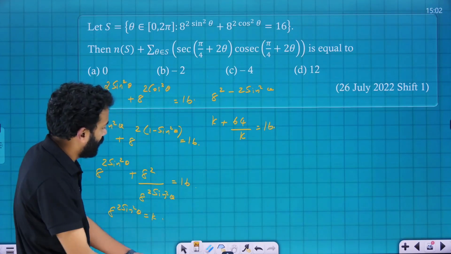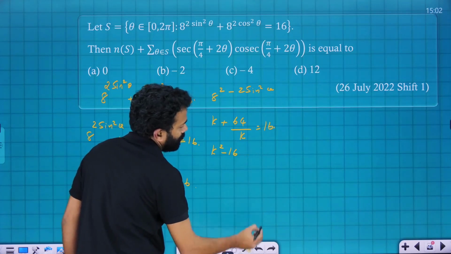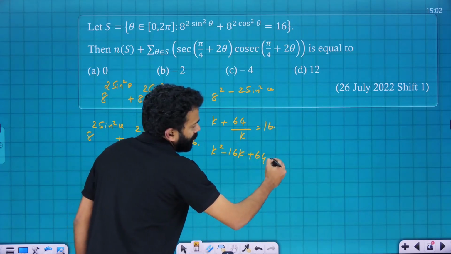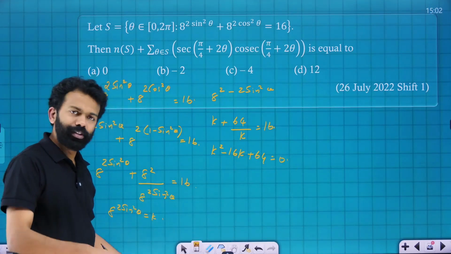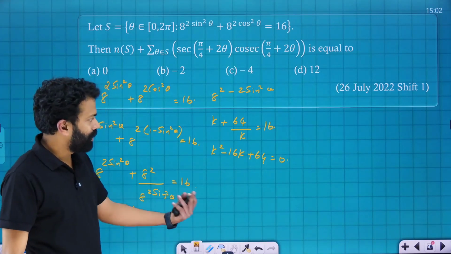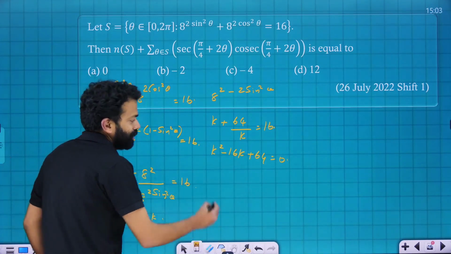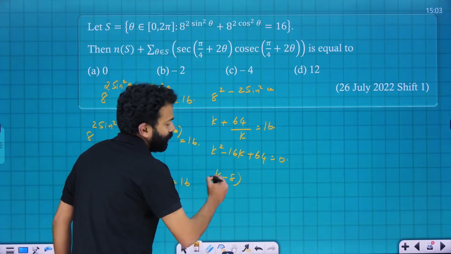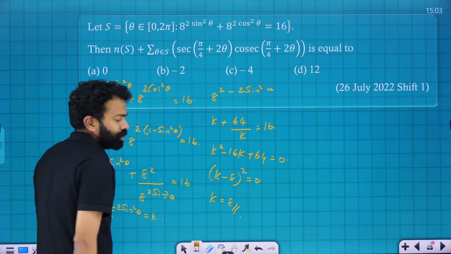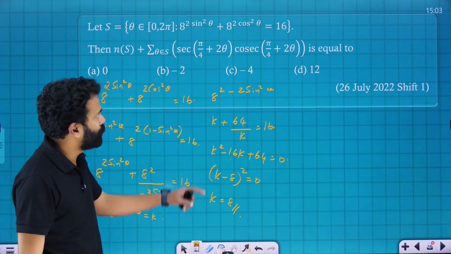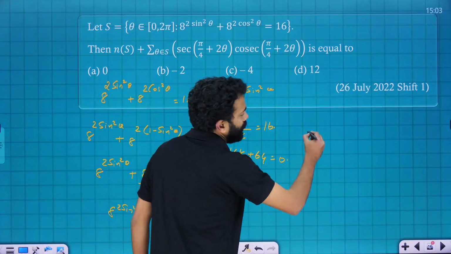After cross multiplying and rearranging, you will get k square minus 16 k plus 64 is equal to 0. Have you seen this anywhere? This is a quadratic equation and we can easily solve that. But apart from being a quadratic equation, this is also a perfect square. It is the square of k minus 8, the whole square, which is equal to 0. After solving, you'll get the value of k as 8. So what is k actually? K is 8 raised to 2 sine square theta. So just substitute the value. That is 8 raised to